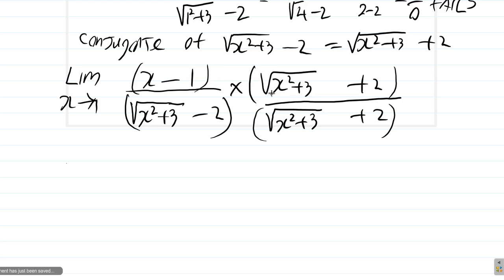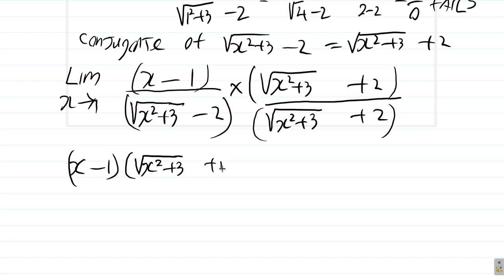Let's make the numerator part as it is. Don't interfere with it. We don't want to get ourselves in trouble. It's the bottom part that we want to trouble. So x squared plus 3 here plus 2